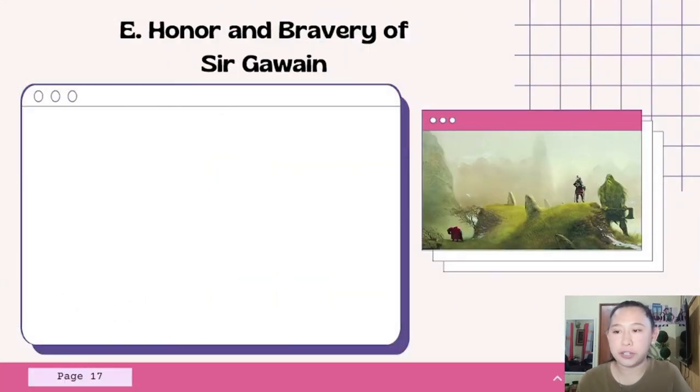Our last point is honor and bravery of Sir Gawain. So during King Arthur's reign of power, a story was told about his nephew, Sir Gawain, and a Green Knight who wanted to fight the bravest of King Arthur's knights. So many themes and symbolics are exemplified throughout this story, including the overall performance of honor that was displayed throughout